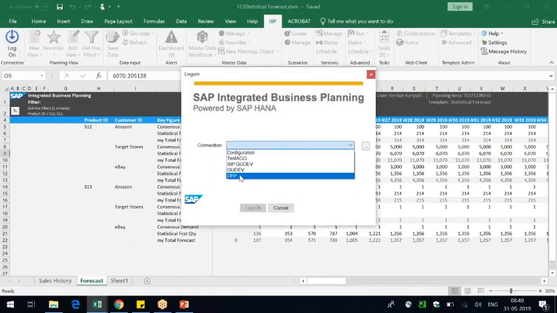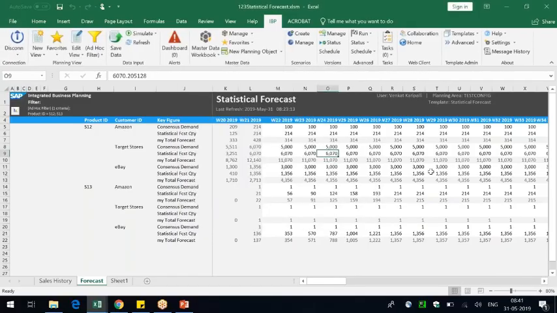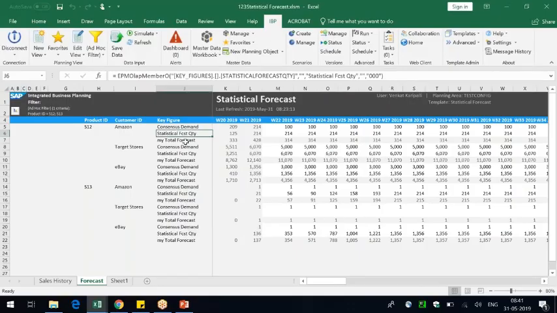Venkat: When you have a local member key figure, and I have the connection switched on, is there any way I could save it so it gets uploaded to the cloud? Yes, you can very well save this sheet, and whenever you open it, this local member will always be there. No, I wasn't talking about the sheet. These are key figures and values which are coming from the cloud, right?